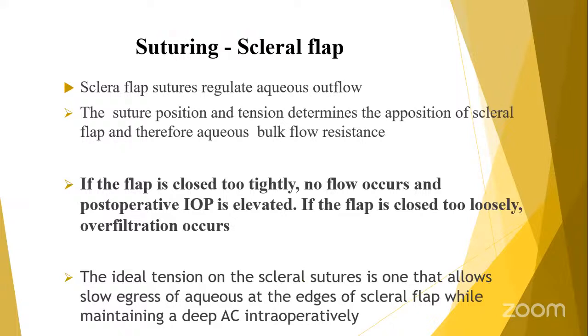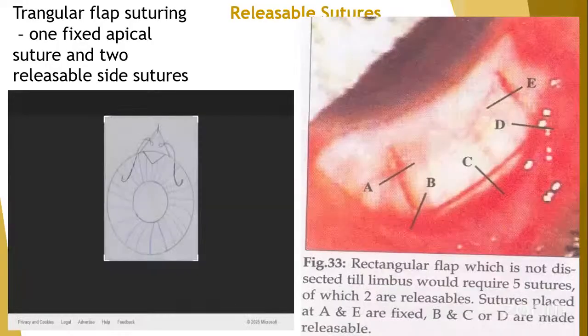When you're suturing your scleral flap, the aim is not to close too tightly and not also to make it loose. If you close too tightly, you occlude the flow. If you make it loose, you end up having overfiltration. The ideal tension on the scleral suture is that which will allow slow egress of aqueous at the edges of your scleral flap while maintaining a deep enough AC